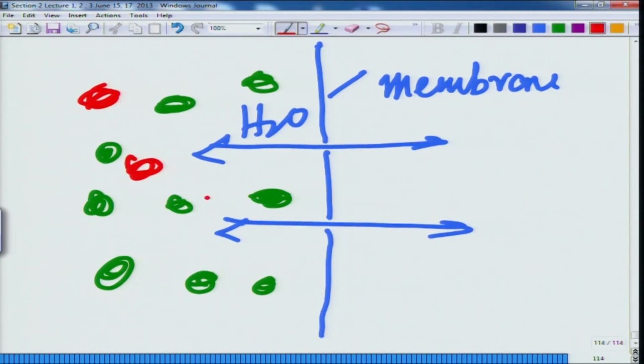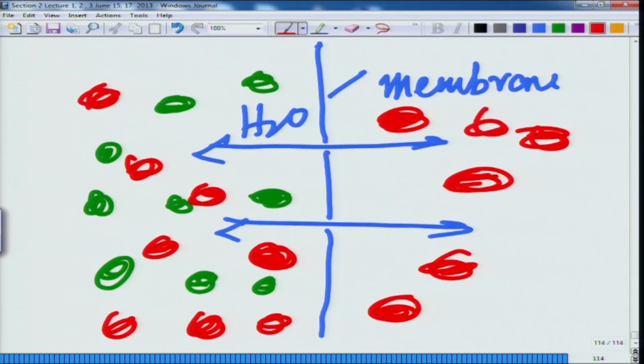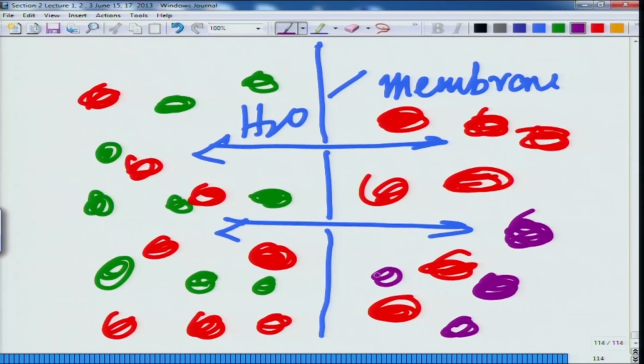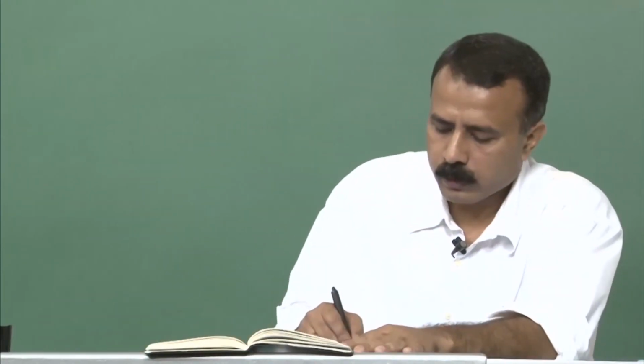or say you have these red and green balls. What you could see out here is that it won't allow the red or the green balls or any other kind of particles which are present. These are different particles. It won't allow any of those to pass through it. So the mobility of these red, green or magenta color balls will be restricted. They won't be allowed to pass through it, and this is the situation when you will see osmosis phenomena taking place. And if I had to put it in terms of words, then you say the